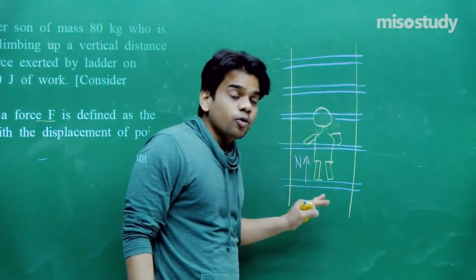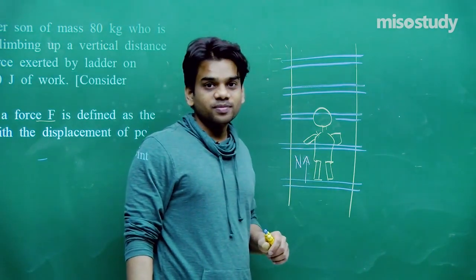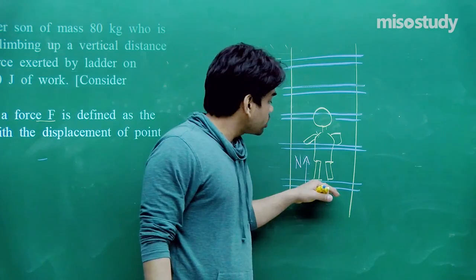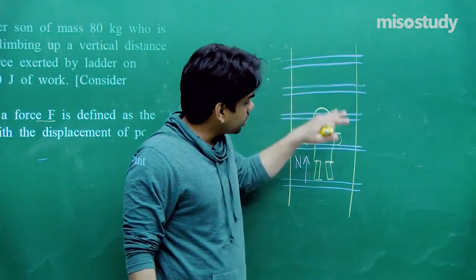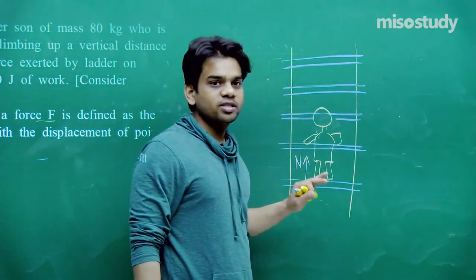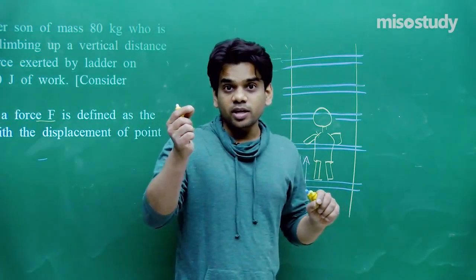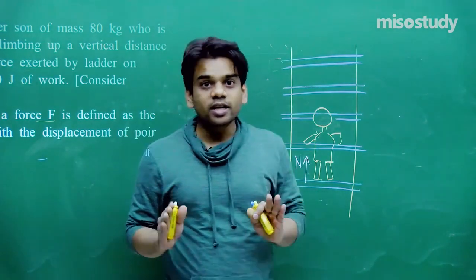It applies the force, but the person's leg has come to the next step. The same point is not moving continuously. This point is not taking him to the upward position. He moved his leg upward. Force applied and force moved. He reached the second step. For a very negligible amount of time, these both are in contact. So work done is 0.